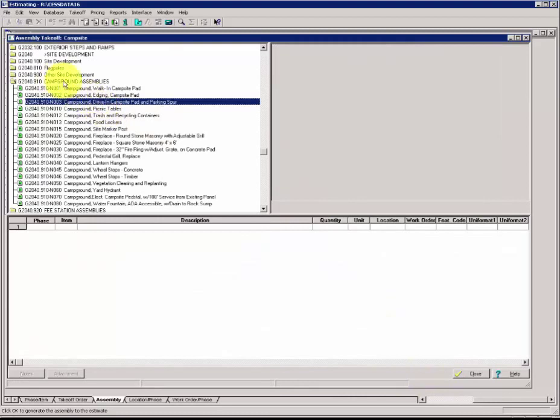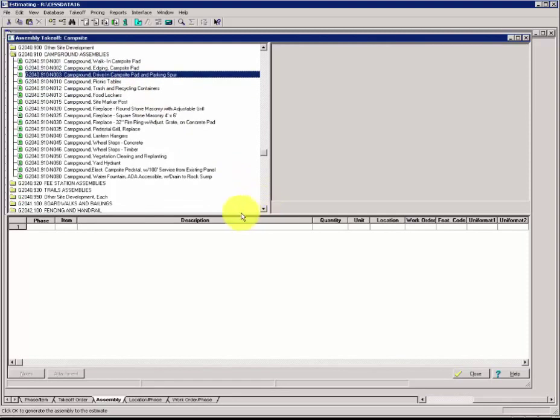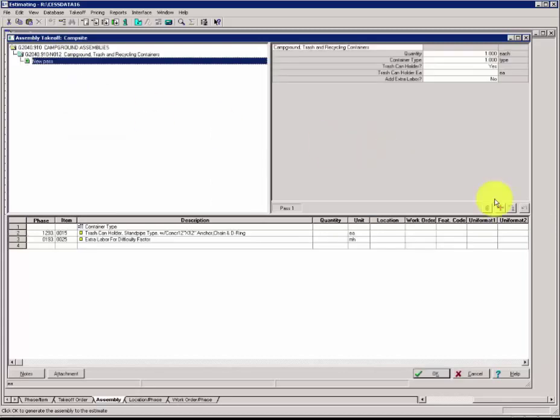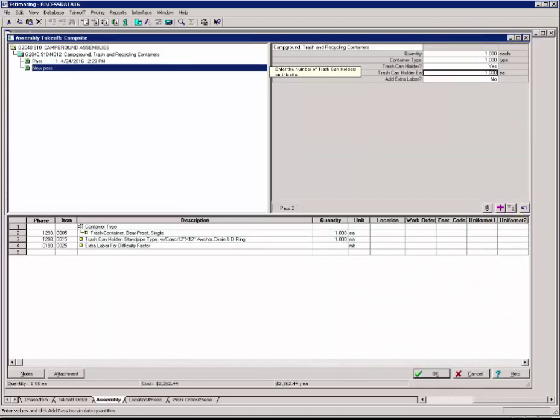And since we're in the campground assembly group here, we can simply scroll to find the rest of our amenities. Let's do our trash containers with N012. Double click. And this time we're going to do two different types of containers, which we'll accomplish by taking off two passes. Our first pass, the quantity will be 1. Container type is 1. And in that holder we only have one receptacle. Click the purple plus. Grid and status updates. And on our next pass,